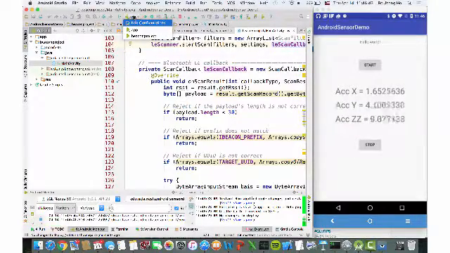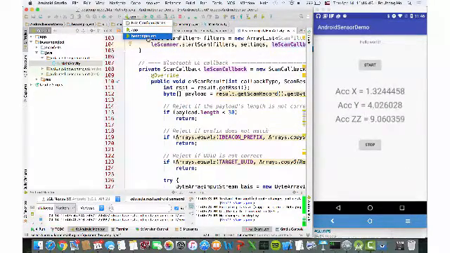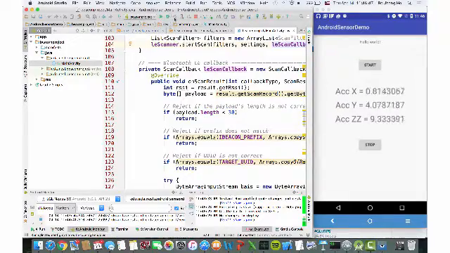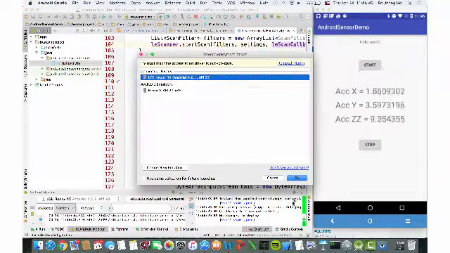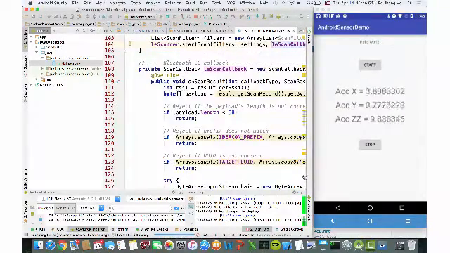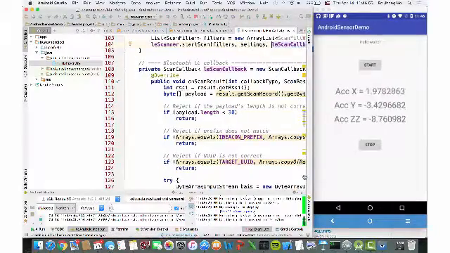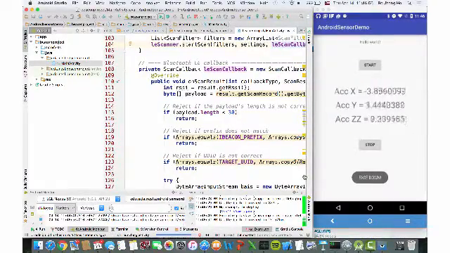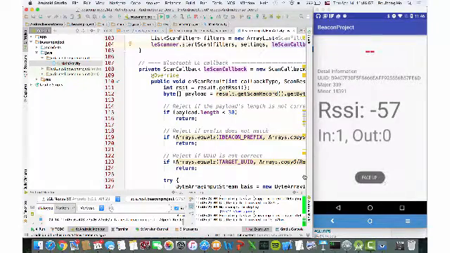Oh, sorry. Another thing: you also need to switch your target. You need to change to the beacon project. Oops. So, okay, this is the beacon I'm looking for, and if I get close to the phone,